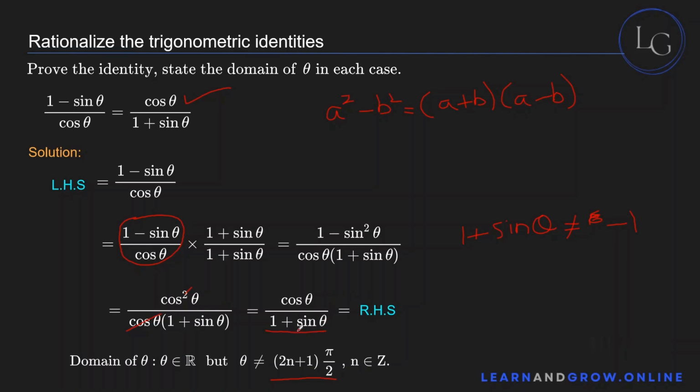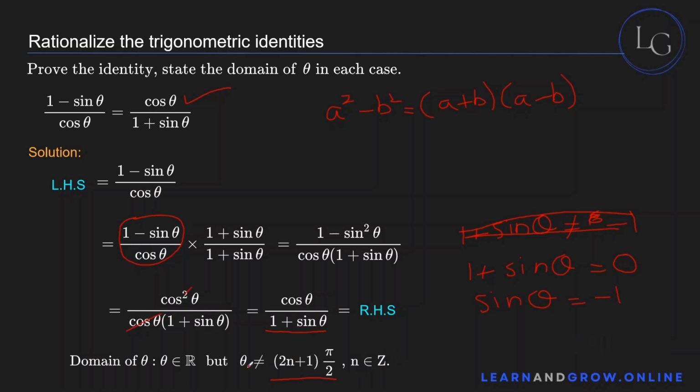Basically 1 plus sine theta can never be equal to 0, because the denominator cannot be equal to 0. So sine theta cannot be equal to minus 1. When is sine theta equal to minus 1? Well, when the value of theta is 2n plus 1 into pi by 2. This n can be any integer,